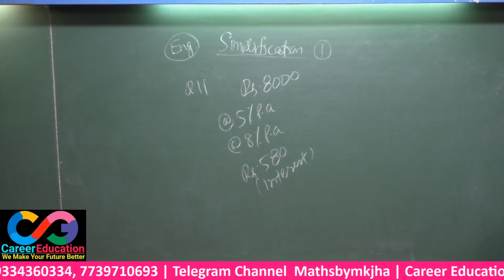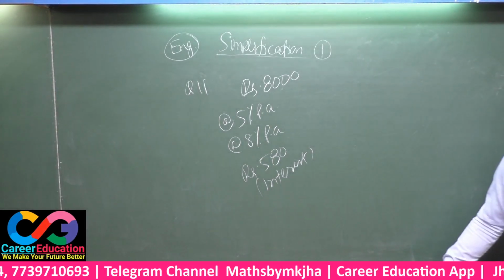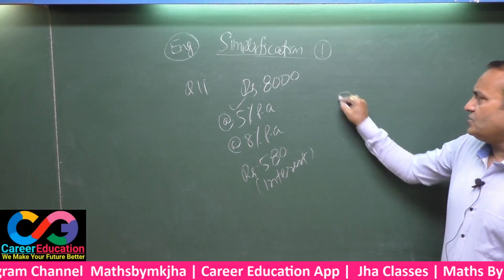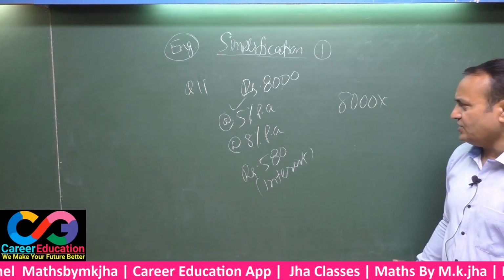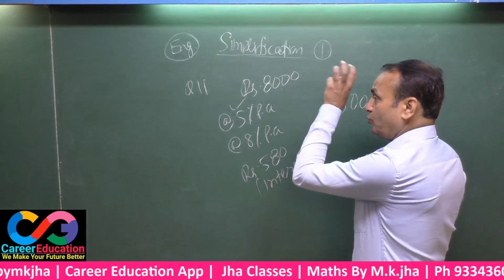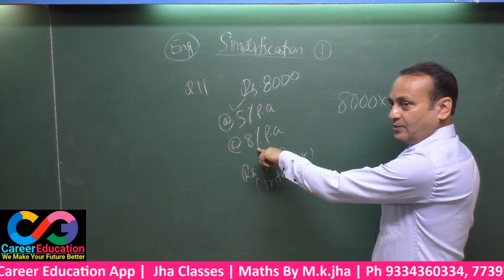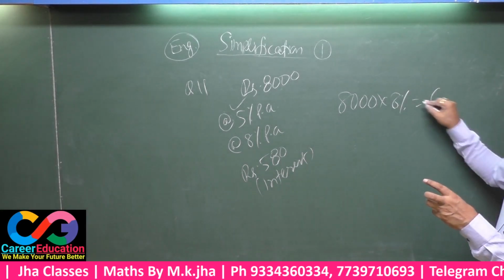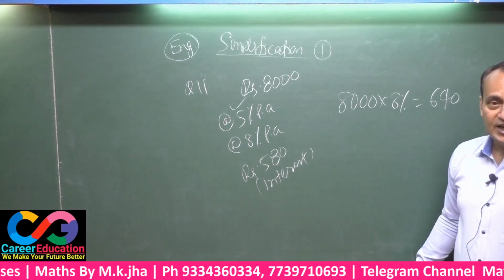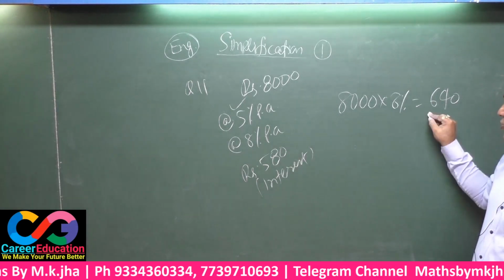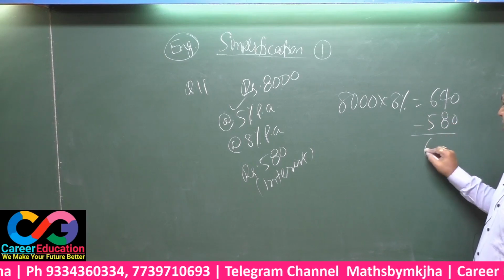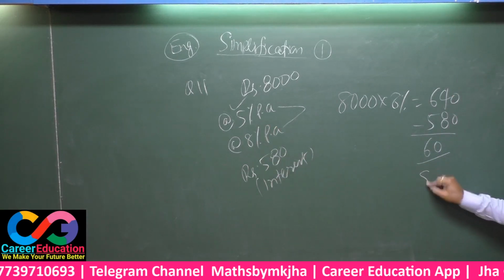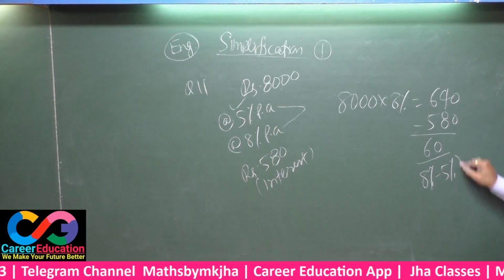See here, the question has asked you at the rate of 5%, how much money was invested? In such type of questions you have to think like this. Had he invested all the rupees 8,000 at the opposite, that means 8% per annum, he must have got 640 as interest for 1 year. But he has got only 580. You have to take the difference, that is 60, and 60 must be divided by the difference of the two, that means 8% minus 5% equals 3%.